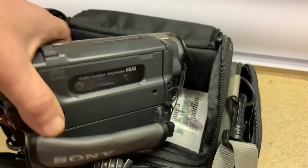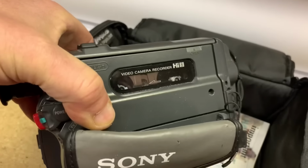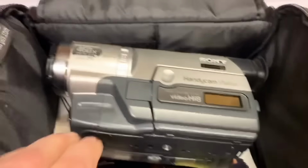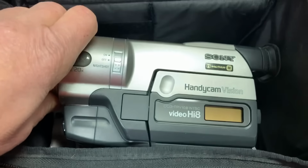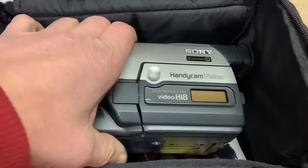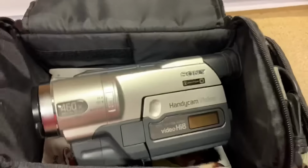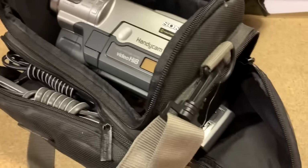8mm video camera sold. This one happens to be a high 8. But that didn't really bring any more money. I think people just are replacing the camera that they've got all their tapes recorded on so they can view them back. This came with a bunch of accessories, all the correct accessories, like the AC power cord,